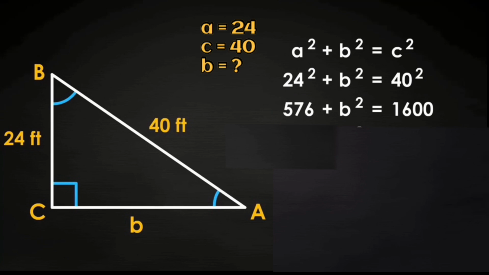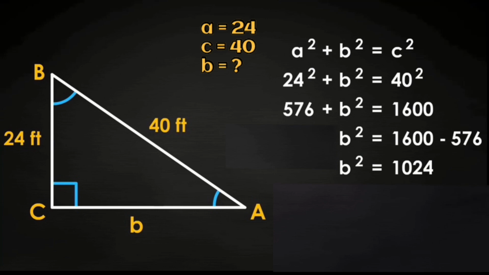So 576 transpose on the right side of the equation, we will have B squared is equal to 1,600 minus 576. And always remember, if you are going to transpose a number to the other side of the equation, the sign will change. Positive becomes negative, negative becomes positive. So we have here now B squared is equal to 1,600 minus 576. So B squared is equal to